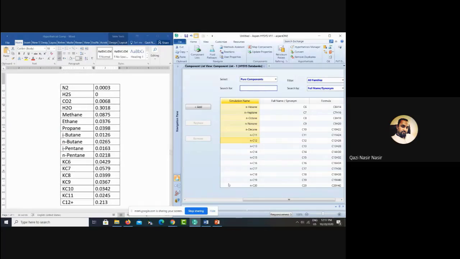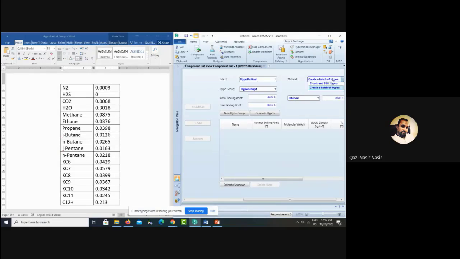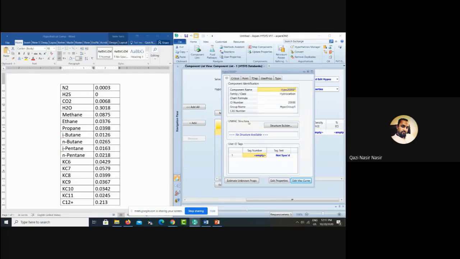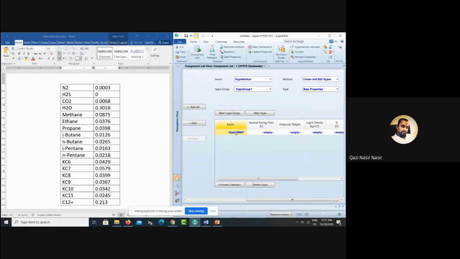For that, what I need to do is click on the pure component box. I will change that one into hypothetical component, and from here I can go and create and edit hypo, the first one. After that I need to create a new hypo. Click on the new hypo. This is all you already did in previous chapters, I think. First one I can call KC, not double click, just click here and